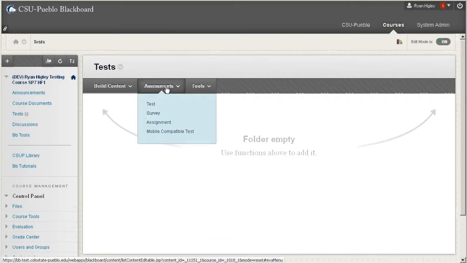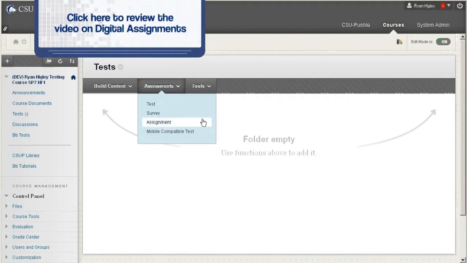So how I'm going to do this, I'm going to go up to assessments, and it's going to have a few different options for me to choose from. Now there's tests and surveys at the top, and really the only difference between a test and a survey is a test will have scores associated with it. What that means is that not only will it have a score, but it'll create a Grade Center column for the grade of that score to go into. Surveys aren't graded, so they're just not going to have a Blackboard Grade Center column made for them or anything like that. And then we've also had assignments that we've gone over in a different tutorial,